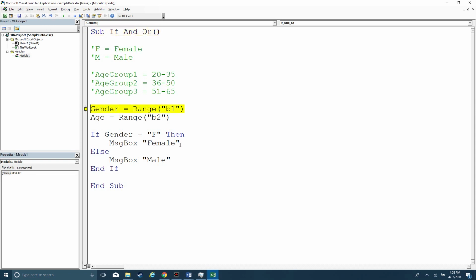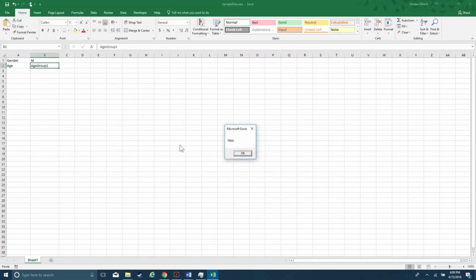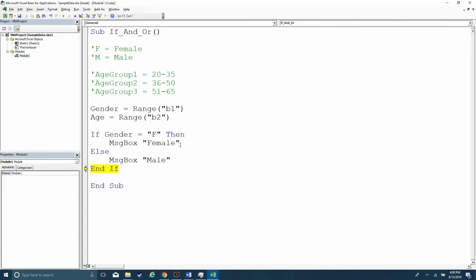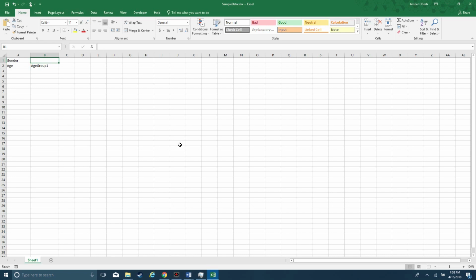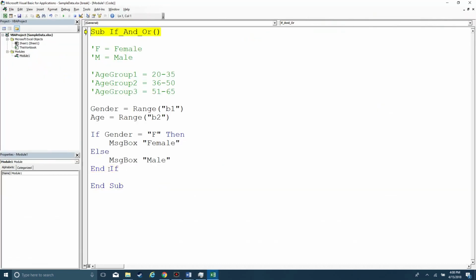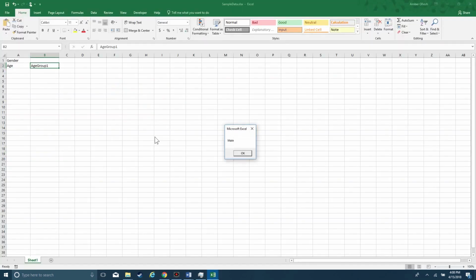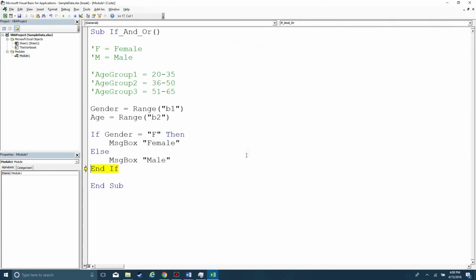And if I hit F8, now it's saying, is the gender equal to F? And then it says else, and it says male. Okay, so that's all good, but what if my box was blank? Well, that's kind of problematic because that would be entirely inaccurate for every time that it doesn't say F to always say male, right? So if I was to then say else if, I can have a second logical statement